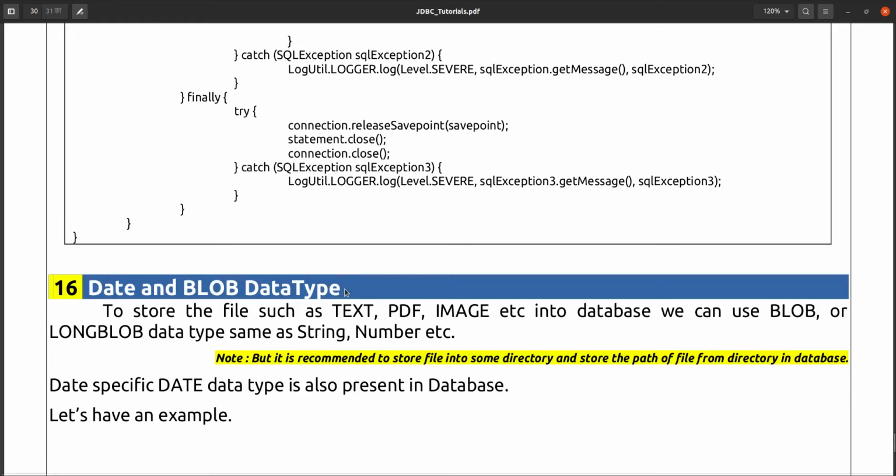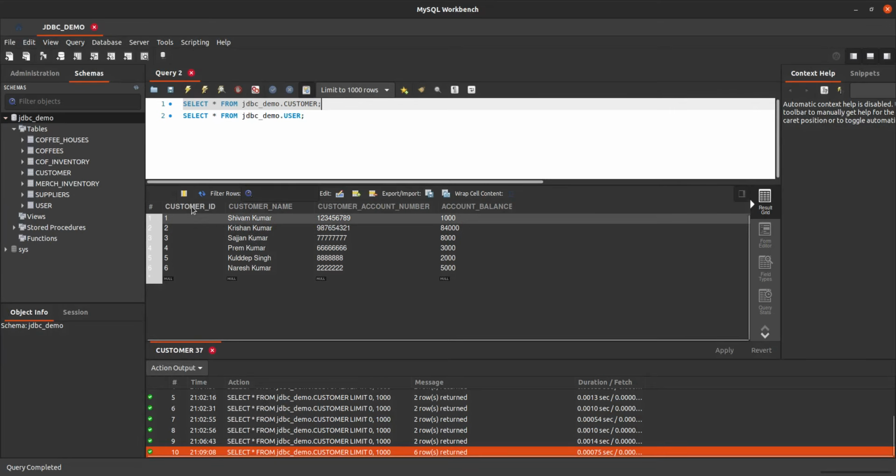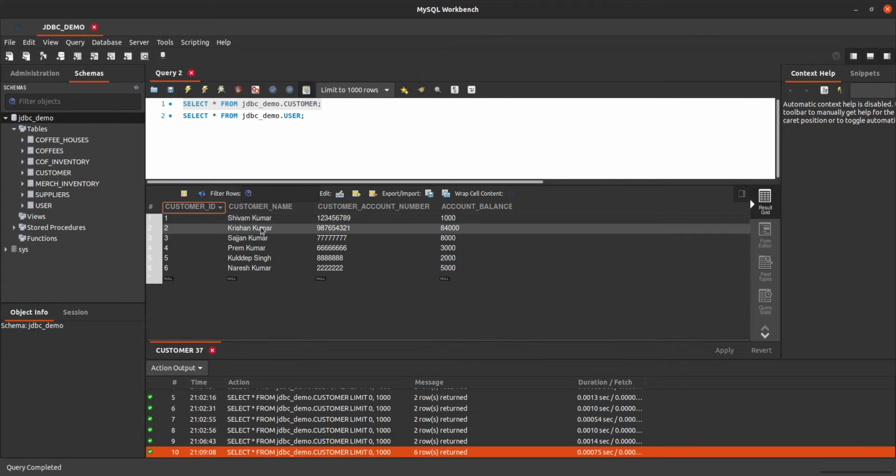Okay, and the next one is very small: date and blob data type. What is date and blob data type? Suppose in our database so far, how many types of data have we saved here? This is a number type, this is a string type, double, integer, boolean, character, number, string.